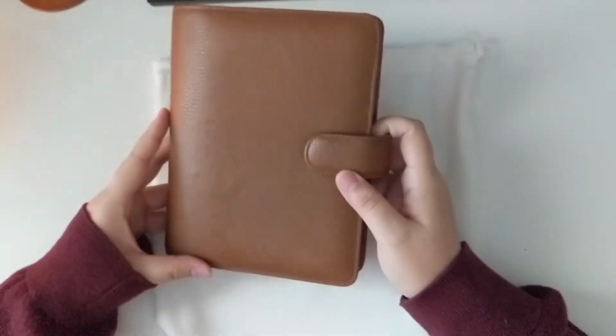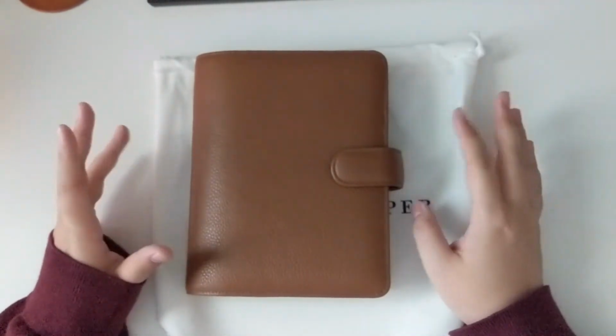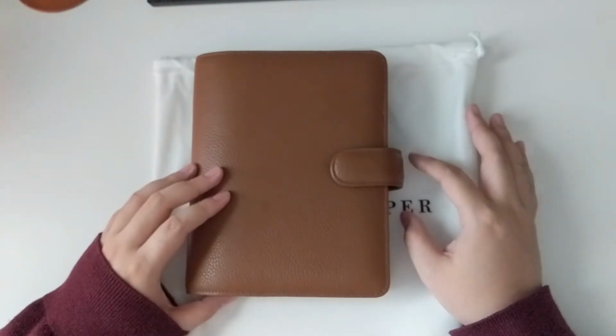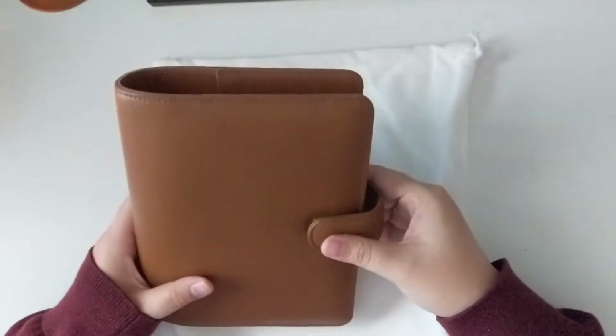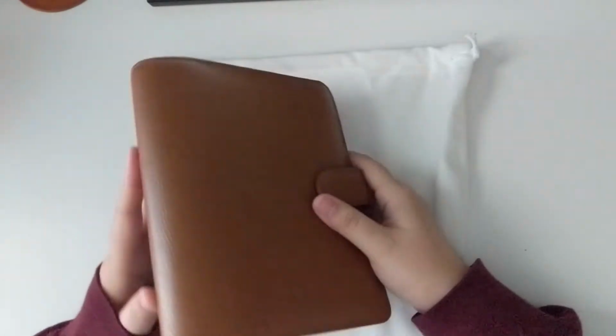And this one, even though if you look at it from a distance, it might look like a luxury planner, in real life, I do not think that this is. Which, I like Cloth and Paper. I have a lot of their products. I love the aesthetic. But after a little while, I just can't